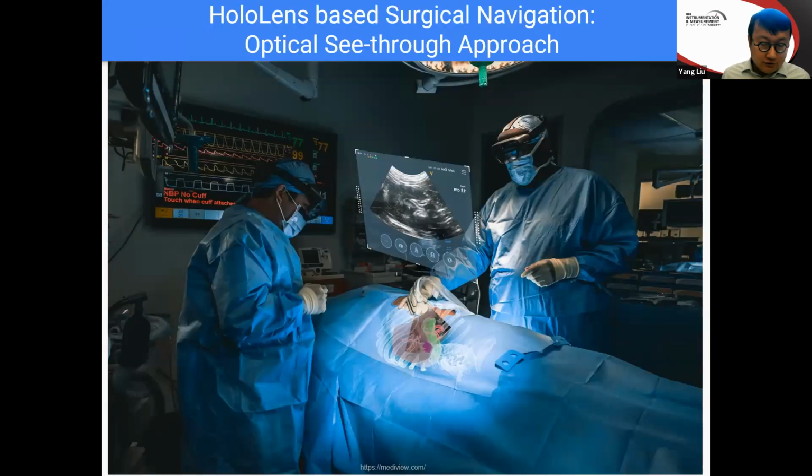And some other researchers and companies have also looked at using HoloLens for surgical navigation and real-time image guidance. The advantage of using HoloLens is taking advantage of an existing platform that has a lot of resources to it. I personally think part of the limitation is that if you use the optical see-through approach, there might be some focal rivalry, because your eyes are looking at one distance of the patient, but the virtual images might be at a slightly different distance.